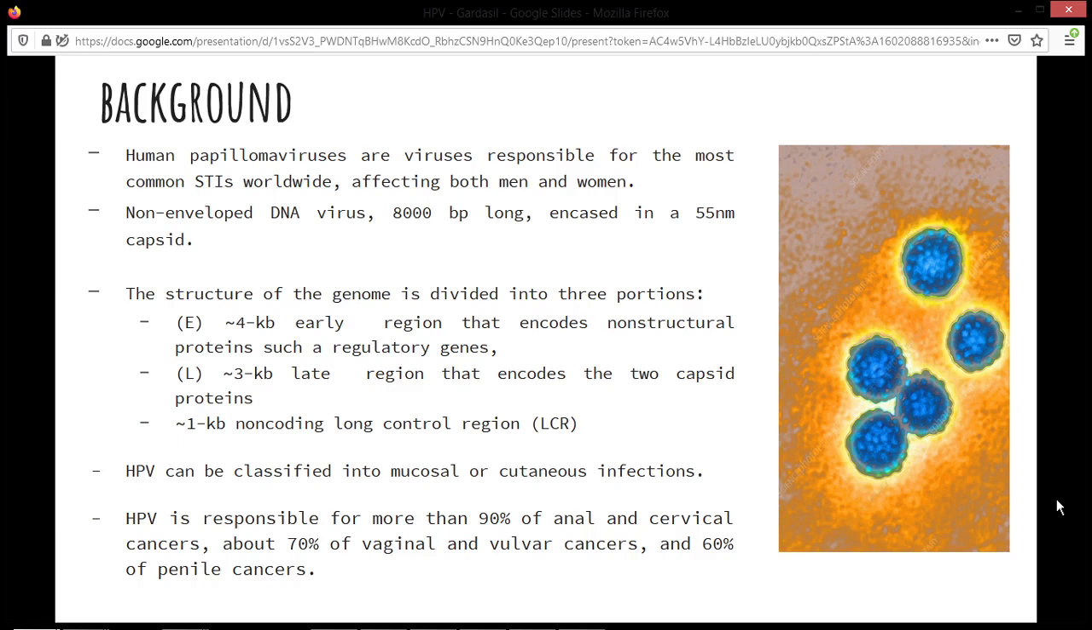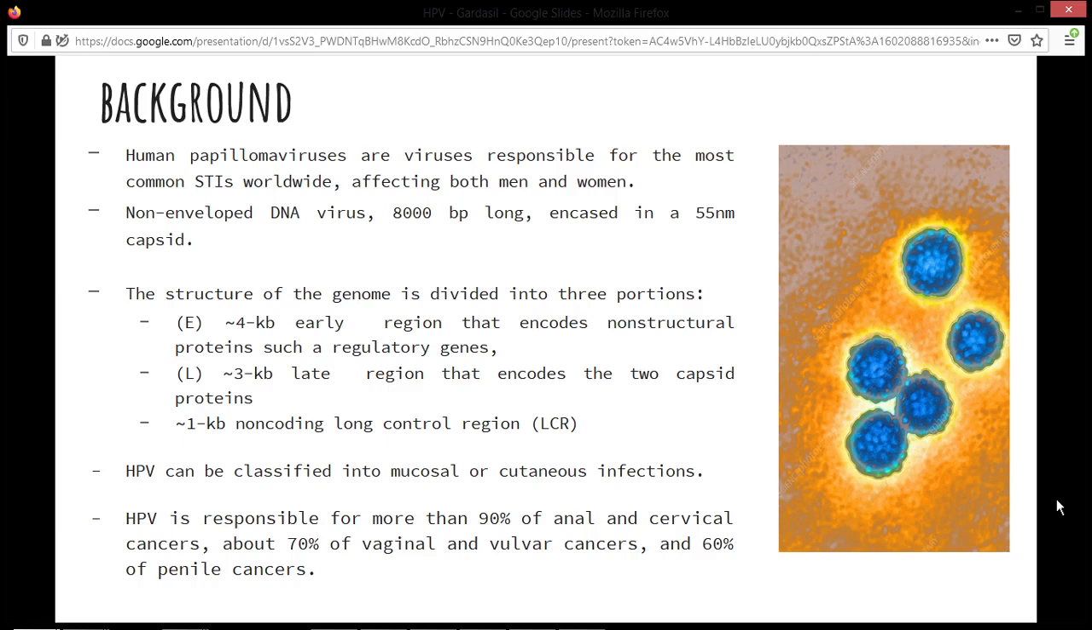They are non-enveloped, 8,000 base pair long DNA viruses, encased in a 55 nanometer capsid. The structure of the genome can be divided into three major portions: a 4 kilobase early E region that encodes non-structural proteins such as regulatory genes, a 3 kilobase late L region that encodes two capsid proteins, and a 1 kilobase non-coding long control region that contains a variety of cis elements